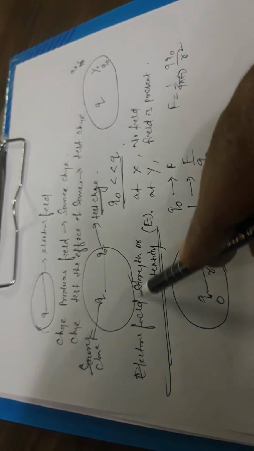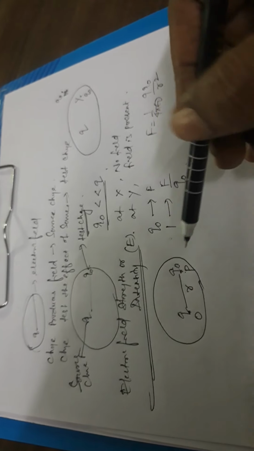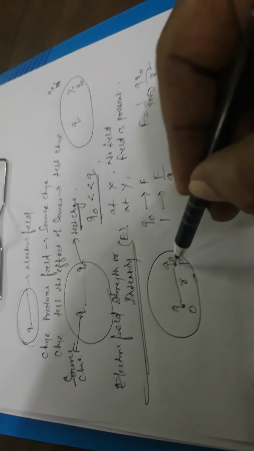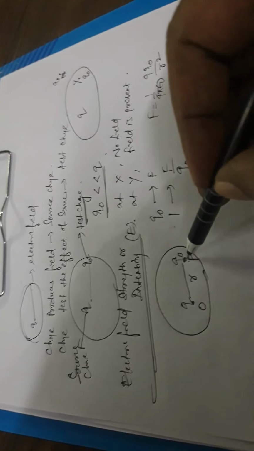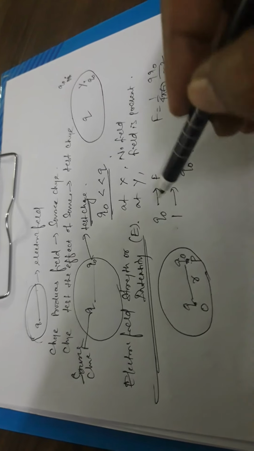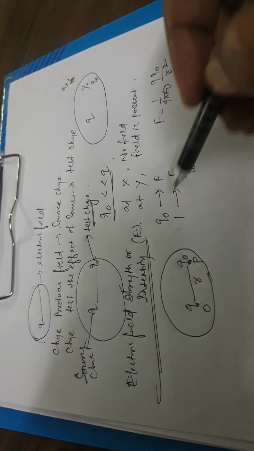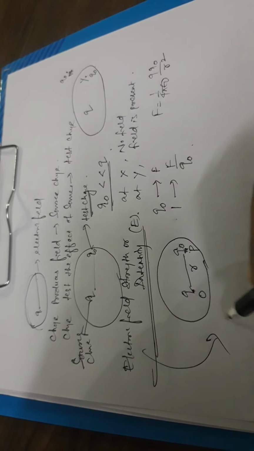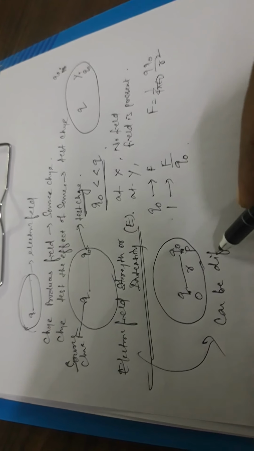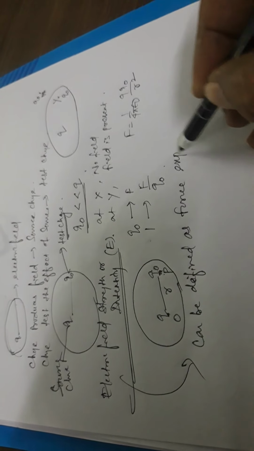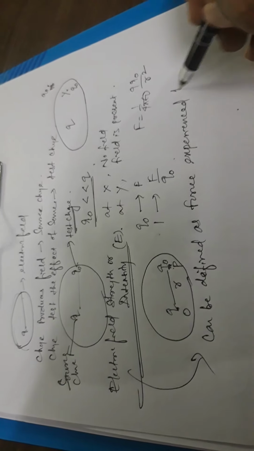So now, to find out the electric field strength or intensity inside the electric field, first of all you have to choose the point of observation at which we are interested to find out the electric field strength. Now at that point of observation, like P, check how much force is experienced by the test charge and make the magnitude of the test charge unity. So in general, electric field intensity can be defined as force experienced by unit charge.